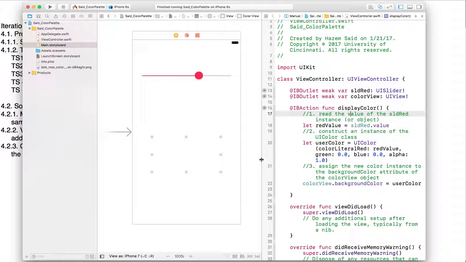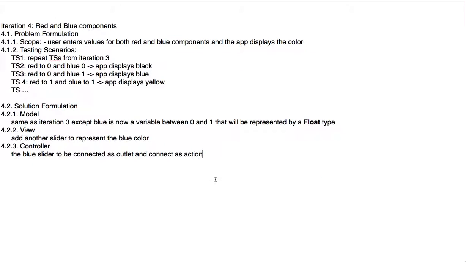The sliders represent the initiators. You can have more than one initiator for the same response. So the response of reading the data and setting and displaying the color is the same, whether it's a red slider that initiated it or a blue slider that initiated it, or in the next iteration the green or the alpha. So we'll connect to the same